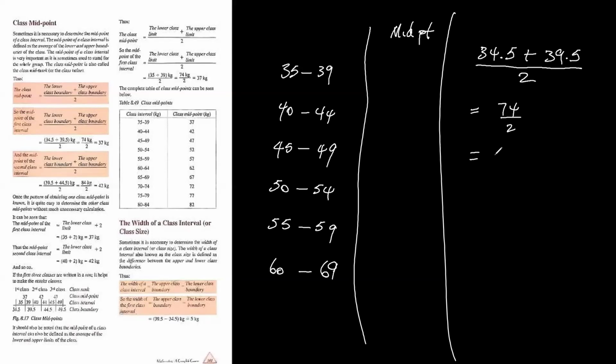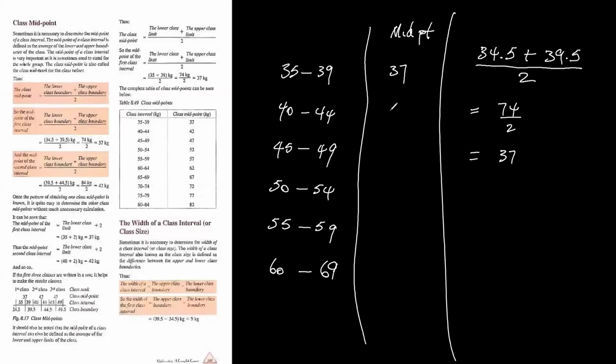And when you divide by 2, you get 37. So the midpoint is 37. All right? Oh, I didn't call for the evening. Whose name? I did not call. Garcia, give me the